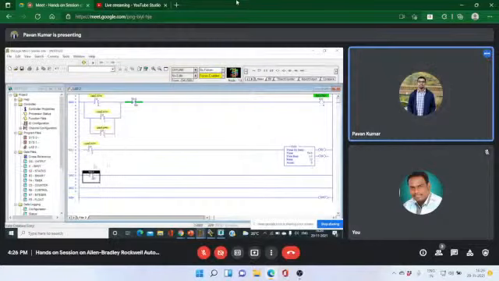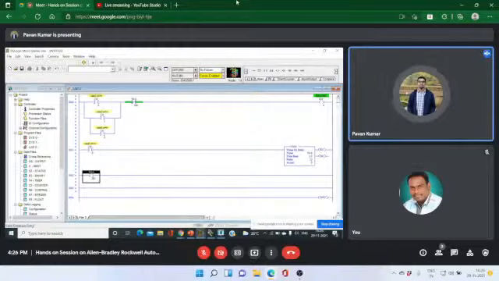Here T4:0 done bit, which is a normally open switch, goes on when the timer preset value and accumulator value are equal. In this case, it is in on condition until and unless the preset and accumulator value are not equal. This is the difference between normally closed and normally open of a timer bit.